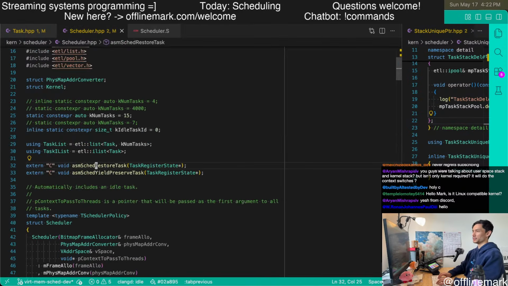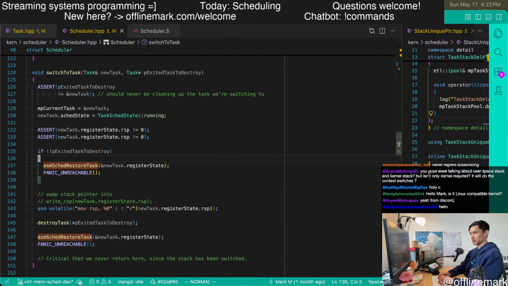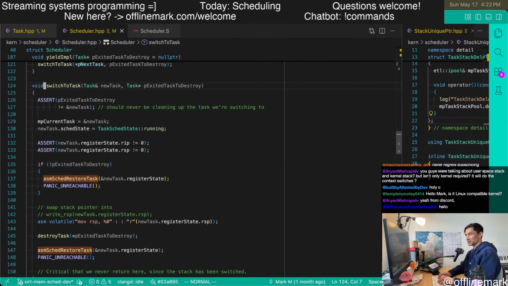Restore is called here in switch to task. We have a new task that we want to switch into, and the most important part is seeing how this gets called.